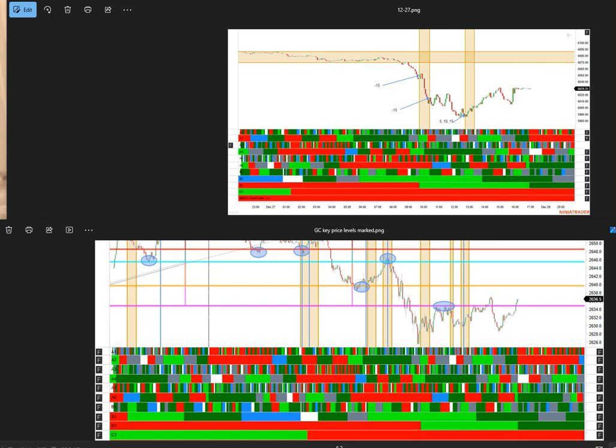We get a lot of questions on whether the indicators work in other markets. Here I'm comparing the Vedic Rainbow indicator between two markets the same day. This is from the 27th. On top is the ES, and on the bottom is the gold contract GC with some support and resistance levels